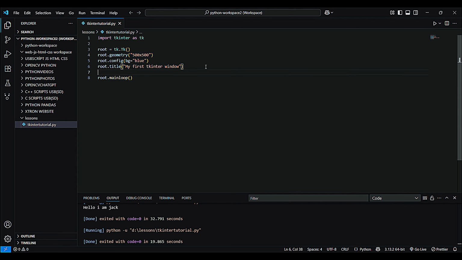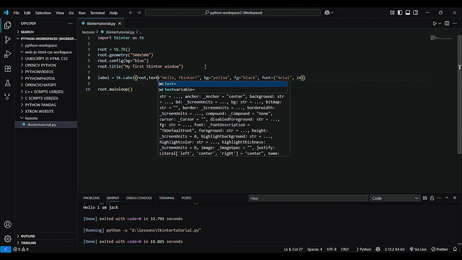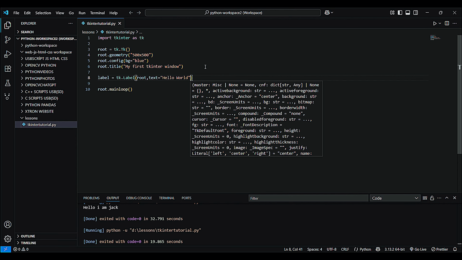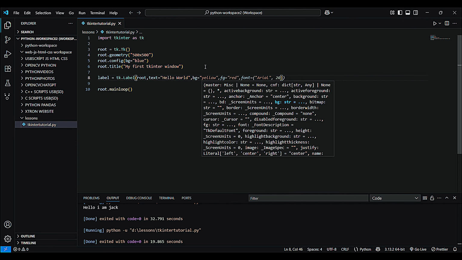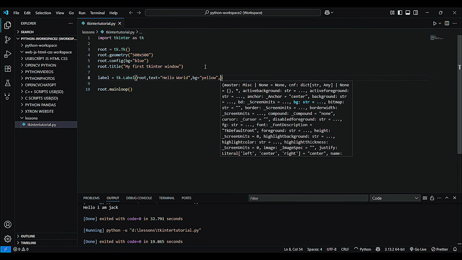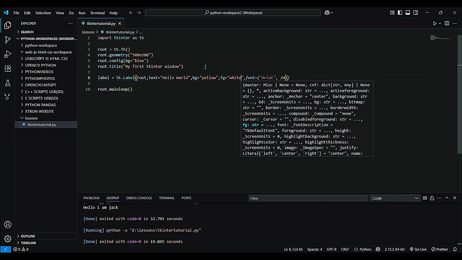Before creating a label, you have to create a variable named label or something else, whatever you want. Look, label equals tk.Label(root, text equals hello world, background color equals yellow, and foreground color equals let's say white, not red,